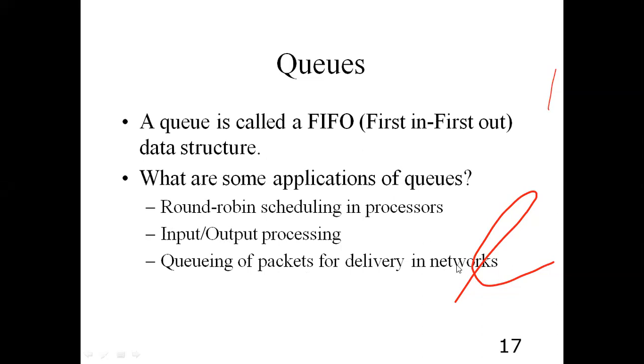Queuing of packets for delivery networks. So what does delivery network mean? For example, if you want to buy breakfast or any fruits, if you go first to the shop, you'll get the first fruits. Likewise, here also packets are queued for delivery networks. In a network, everything means the internet, nothing but. So in the internet, who will come first? That candidate will access first. Which packet comes first? Packet means here data, nothing but data.